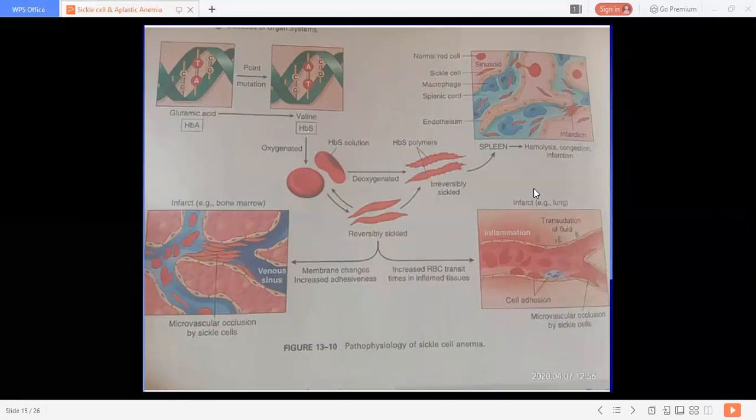But whenever the amount of unconjugated bilirubin exceeds the capacity of liver enzymes to convert it into conjugated form, we call it hyperbilirubinemia. Okay, so bilirubin exceeds in the blood, which is in unconjugated form, and we could evaluate this bilirubin as icterus.